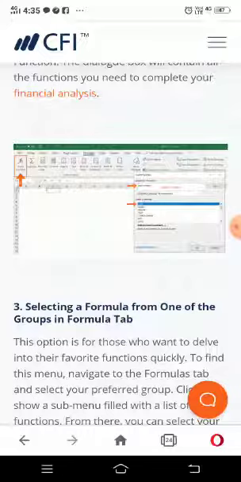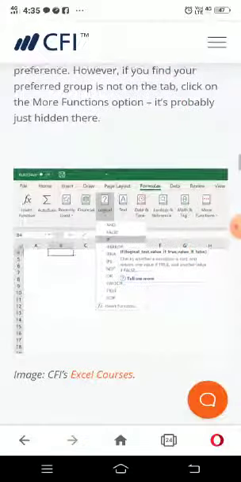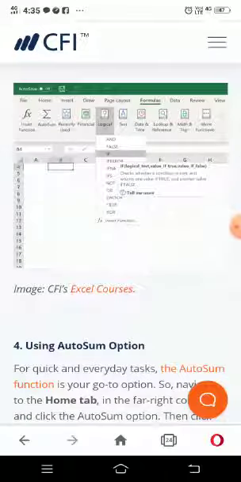We can also get a table with a pop-up menu if we click on Insert Function, that is the fx symbol seen on the screen. We will get one pop-up window. In that we can select which function we are going to use in that cell. Here we can see there are different types of functions available.